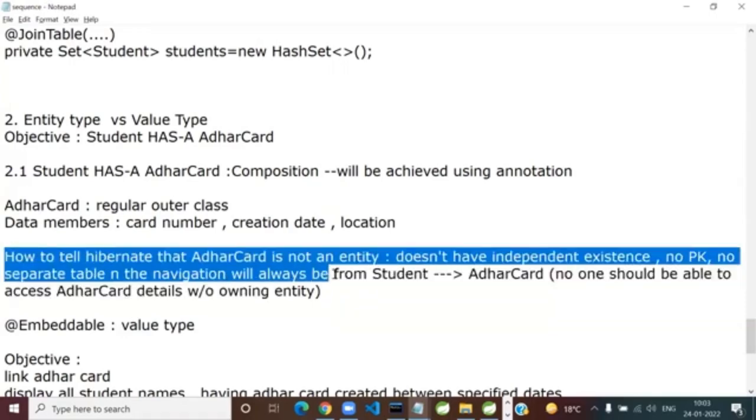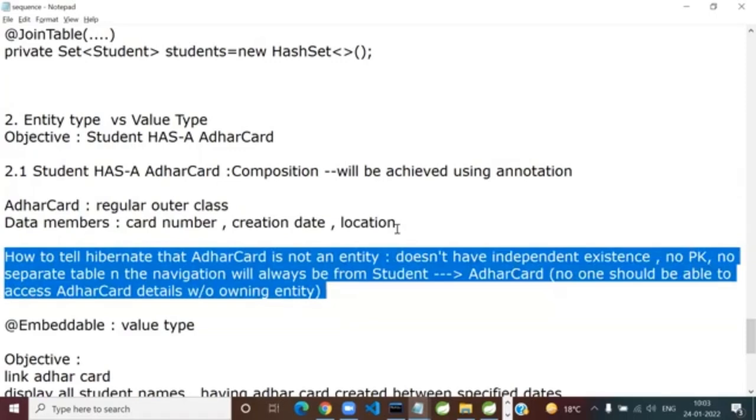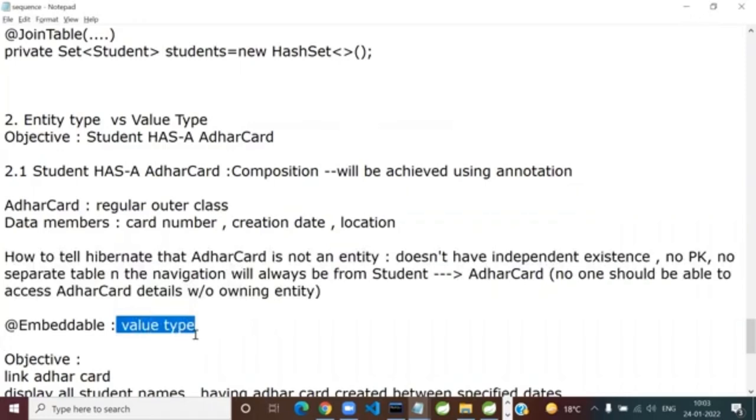So it's quite a long statement. Is Aadhaar card going to be configured as an entity or a dependent embeddable value type? E or V? E for entity, V for value type. It's a value type. I'll show you the diagram after the break. Looking at the time, I just want to get things done first. So it will definitely be a value type and one annotation will do the job.